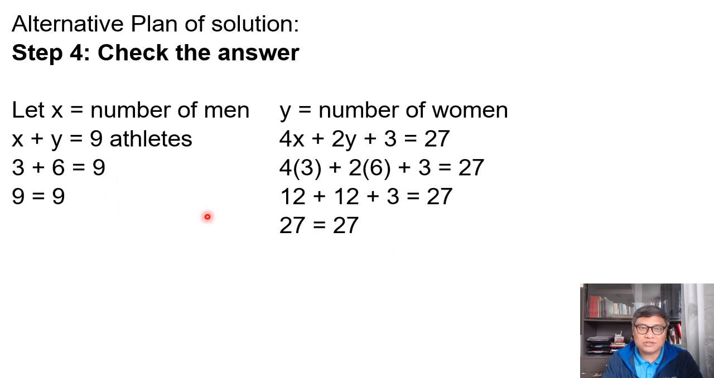the same result. So to check your answer, because we have to test the two equations, class, in terms of the values of your x and y. So remember that your x is 3, your y is 6. So 3 plus 6 is equal to 9, then 9 is equal to 9. If you substitute this also in the second equation, that x is 3 and y is 6, then 4 times 3 is 12. 2 times 6 is 12 also, plus 3. Then 24 plus 3 is 27. So 27 equals 27. And that would be our